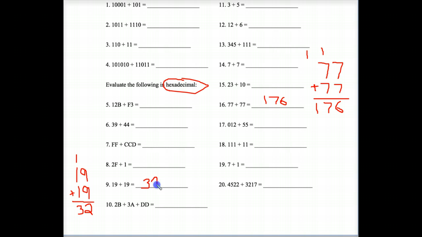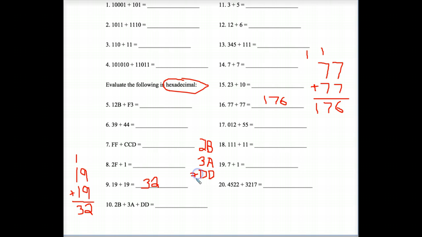Let's do this real hard problem here that I see. Number 10, 2b plus 3a plus dd. Lining up the exercise, we add the b plus the a plus the d going down the ones column, and you have to refer to your cheat sheet